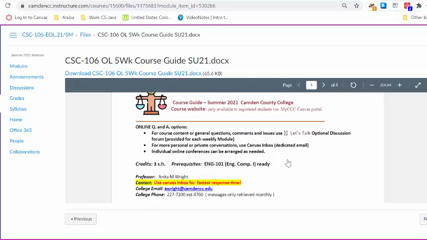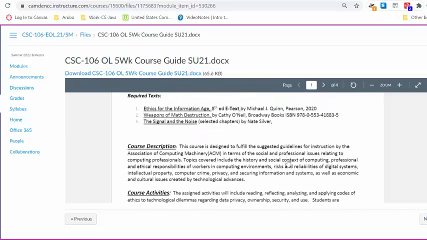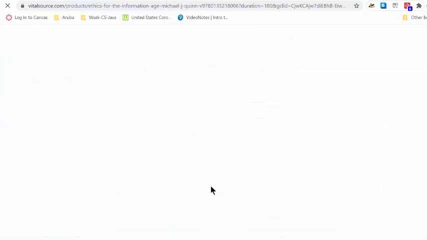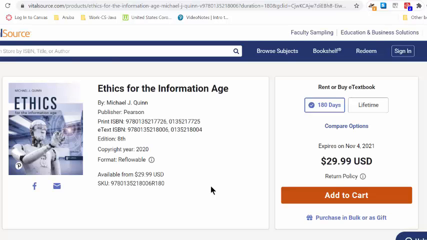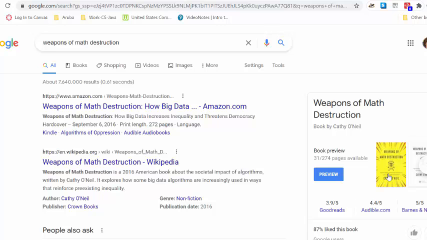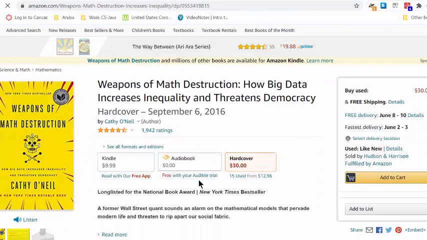Inside the course guide, the 3 textbooks are identified. The first one is Ethics for the Information Age. This is an e-text. Here is what the book looks like. You do not need to buy a hard copy. An e-text version is sufficient. We will cover most of this book, and you will need to read 1 to 2 chapters for each week. The second textbook is called Weapons of Math Destruction,